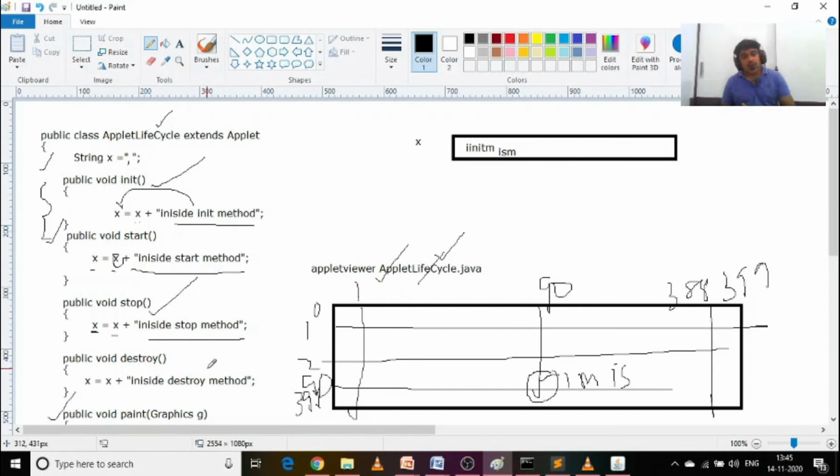Okay, now again you try to activate it. Activate means again start method will be called. Now what is the code here? X plus inside start method. What is the value of X? Inside init method, inside start method, inside stop method, plus inside start method. So the output is inside init method, inside start method, inside stop method, inside